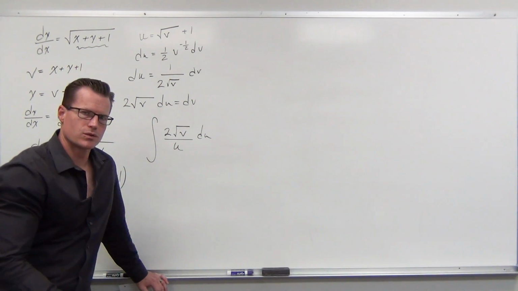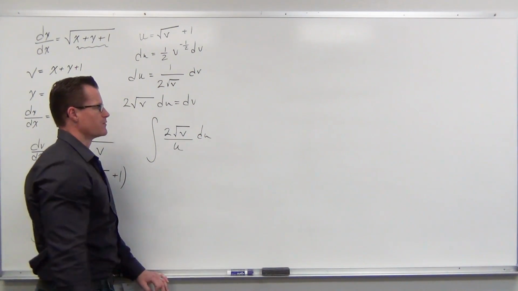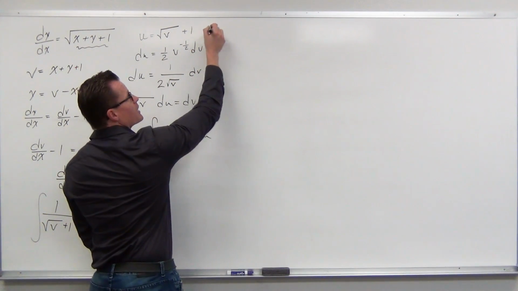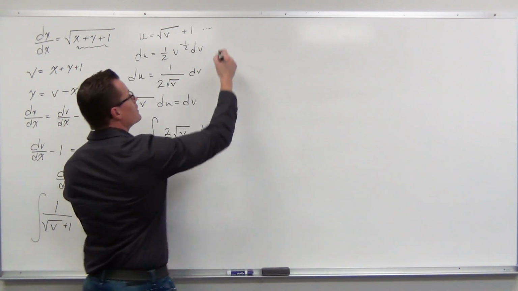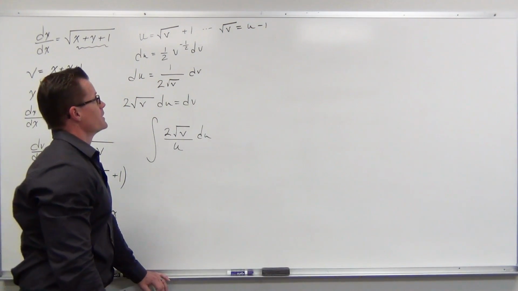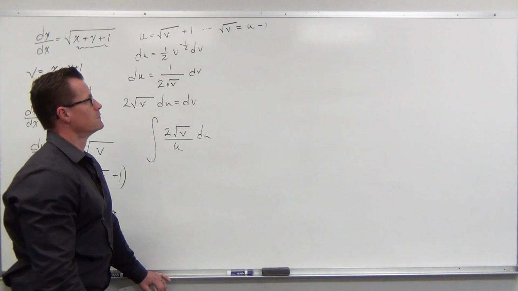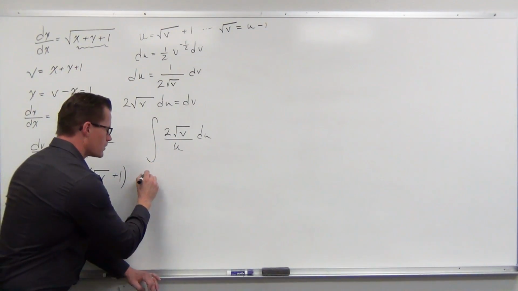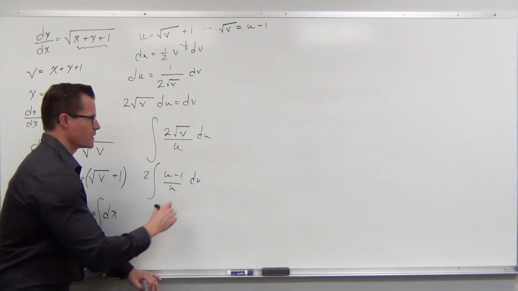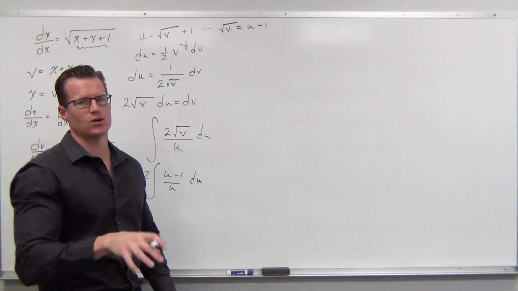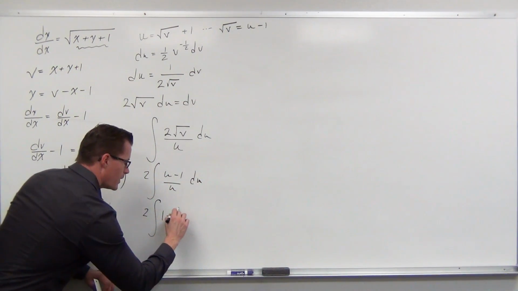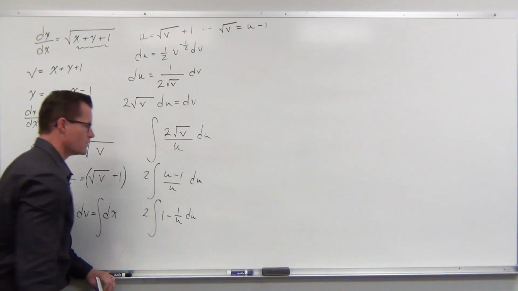Now, we always know in integrals that your variables have to match up with your integrating variable. So that square root of v's got to go. Well, that's why we use this substitution 2 different times. We say, well, u equals square root of v plus 1. Then square root of v equals u minus 1. Oh, well, if we take our 2 out, and we say the square root of v is u minus 1 over u, now that's something that we can separate into 2 different fractions, and this looks identical to the last example that we did. This is pretty nice. U over u is 1 minus 1 over u, that looks pretty good, du,